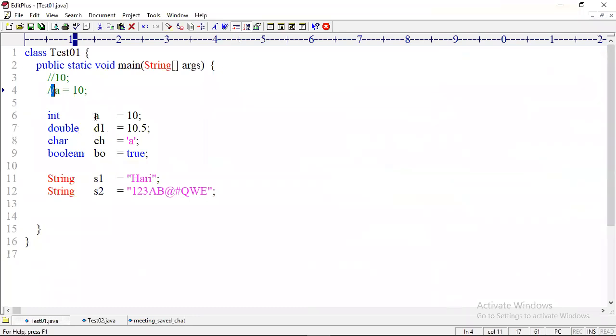What is this A? What is this D1? What is this BO? What did I pronounce here? Variable, not variable, variable name. Why did I take S2 here?